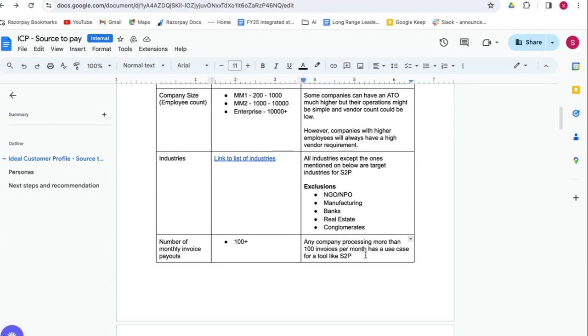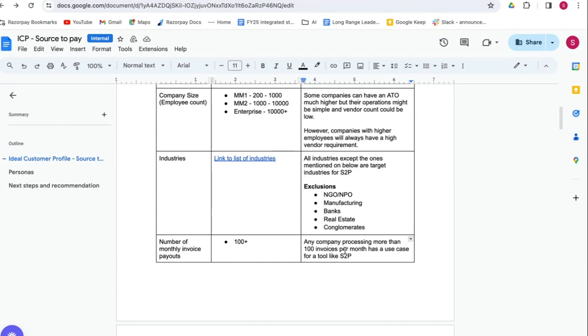नहीं है तो आप आईटी सर्विसेज कंपनी हैं पर आपके कॉन्ट्रैक्ट एम्प्लॉइज हैं या कॉन्ट्रैक्ट कंपनी से जो आपको सर्विसेज प्रोवाइड करते हैं उनको आपको इनवॉइस क्लियर करना है मंथली बेसिस पे. कोई भी कंपनी, any company typically has at least 10 to 15 vendors who they have to pay every month. If you run a company, you know this. And if that number of invoices which they clear in a month is 100, it becomes an automatic qualifier for